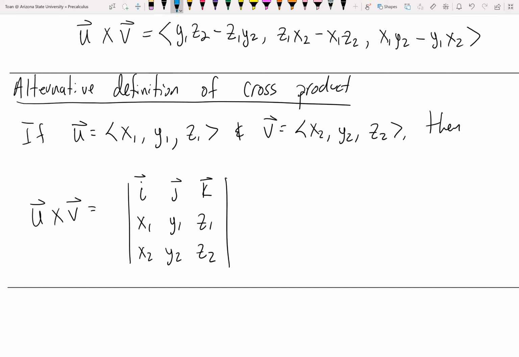The important thing is you always want to expand on row 1, right? When you calculate the determinant using the cofactor expansion,